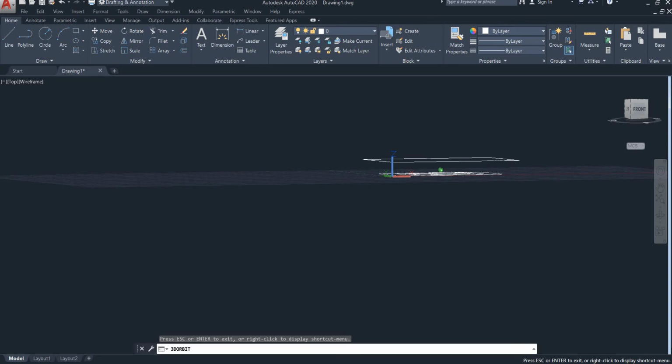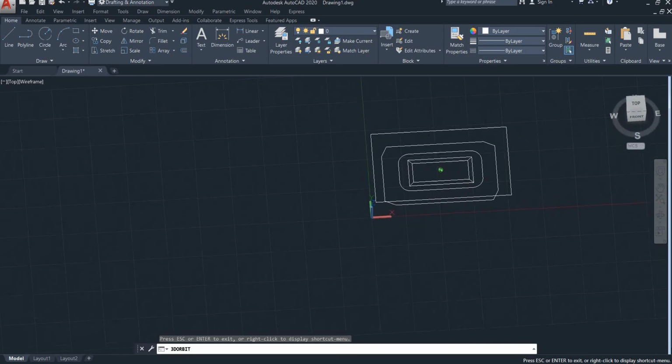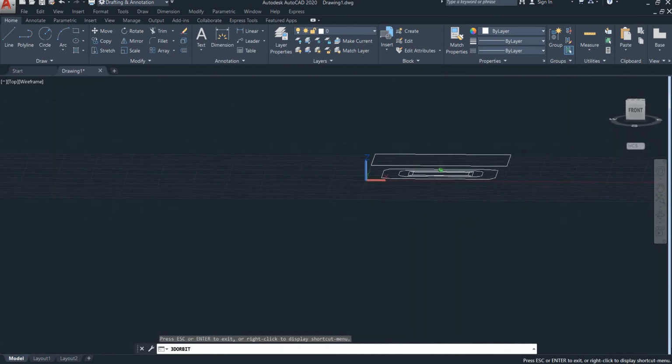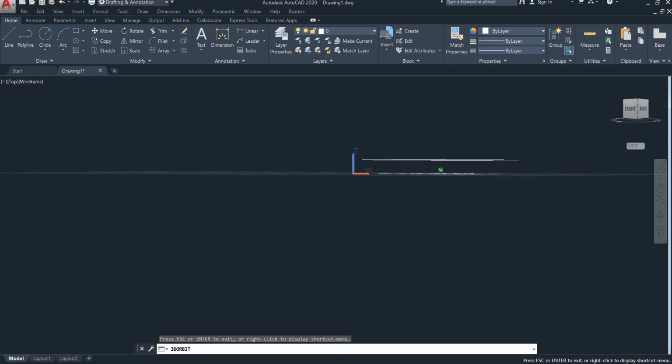So you can see that rest of the rectangles have the elevation of 0, and the last rectangle that we made has an elevation of 5. So elevation is basically the distance in the z direction. So in 2D XY plane, it will look like that all the rectangles are same. But if you see in the 3 dimensions, you'll see that this last rectangle has an elevation of 5 units.